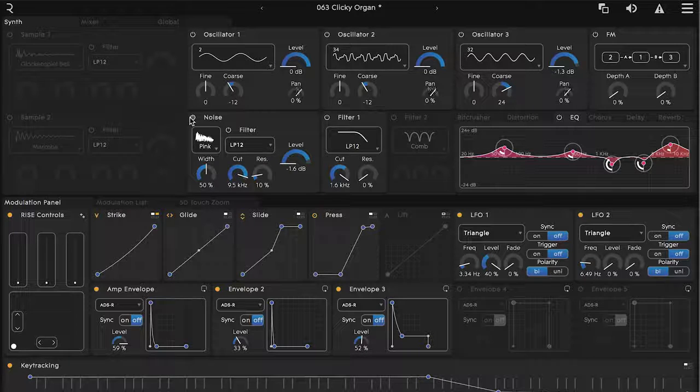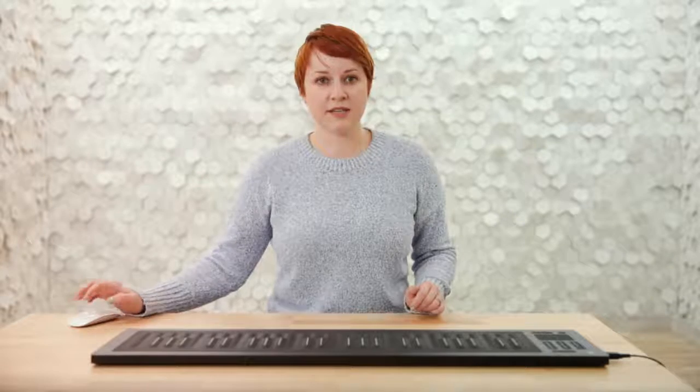All of these sound sources move from their point of origin into filter 1 and 2. Synthesized sounds are very bright and harsh, so a huge part of sound design is filtering out the frequencies that you do not want to hear. The most common filter you see on a synthesizer is what's referred to as a low-pass filter, which is a filter that is letting the low frequencies pass through, but not the highs. If I was going to rename this, I would call it a high no-pass filter, because the name can sometimes